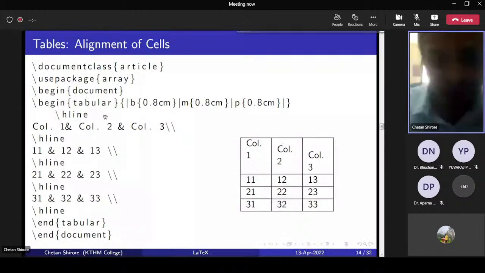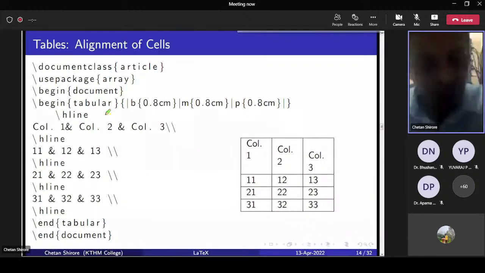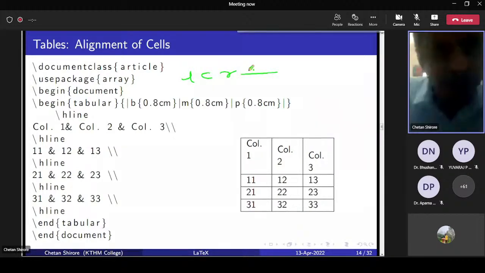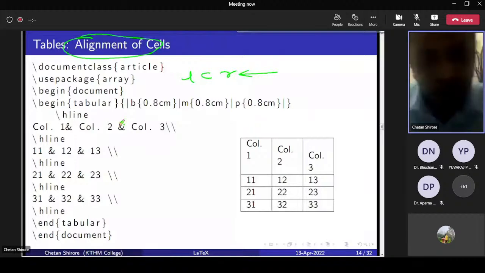Next one is about alignment of cells. I mean vertical alignments of cells. We have seen horizontal alignment of cells. So horizontal means it is L, C or R that is used for horizontal alignment. Now here alignment means vertical alignment of cells. So that can be specified by using this type of command \begin{tabular}